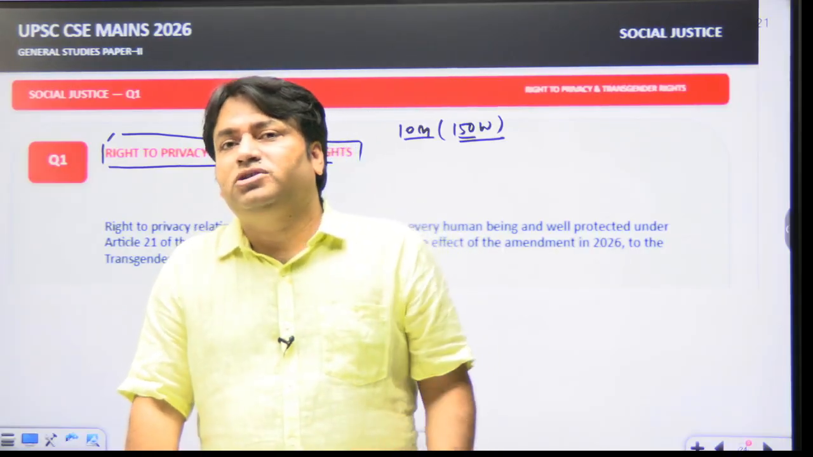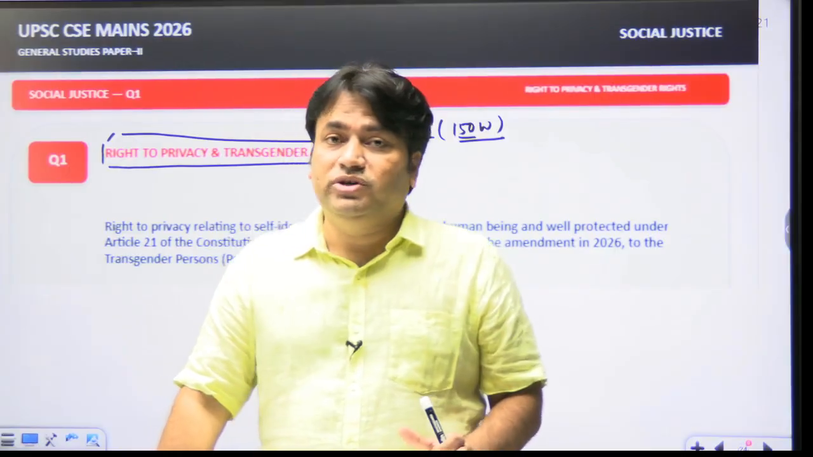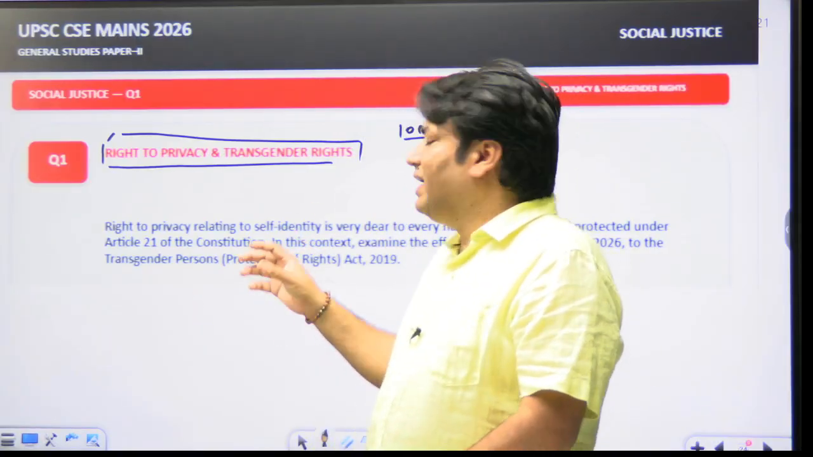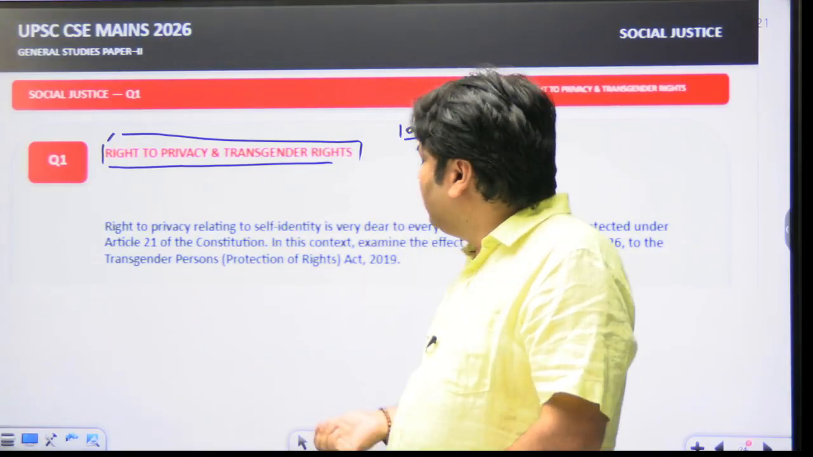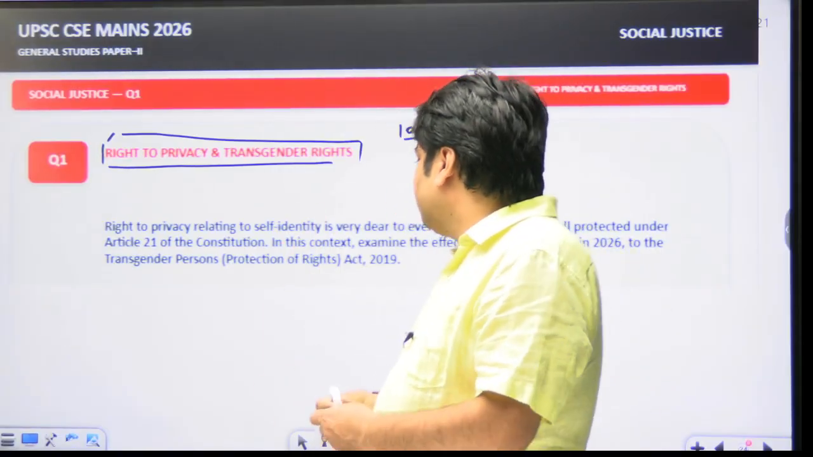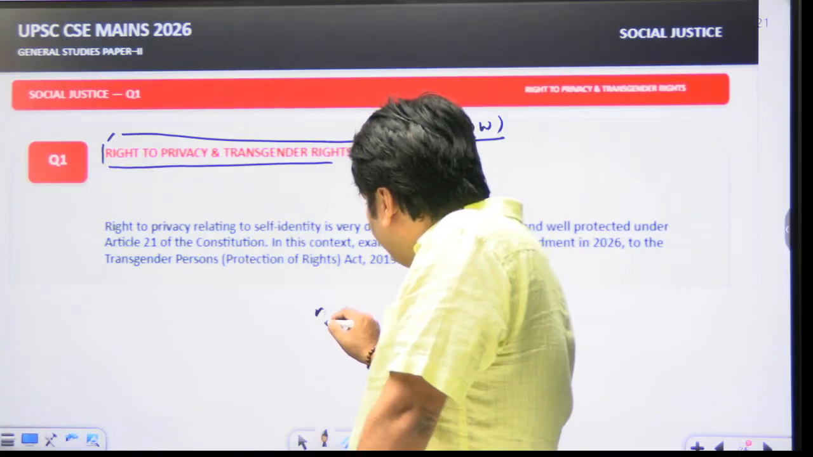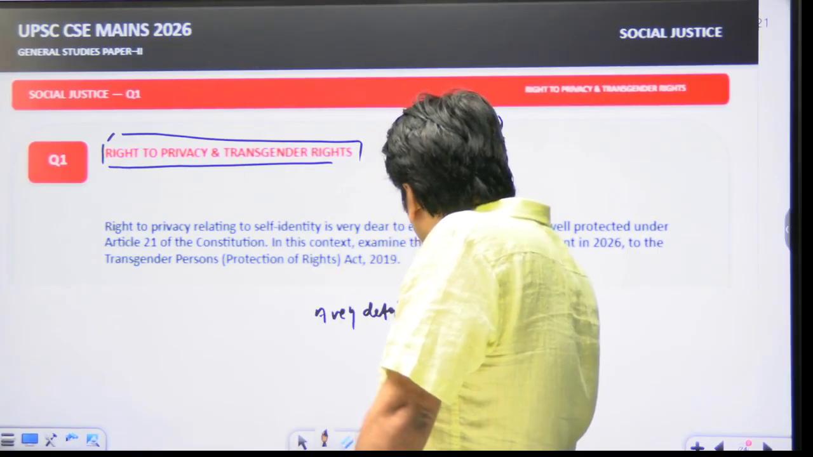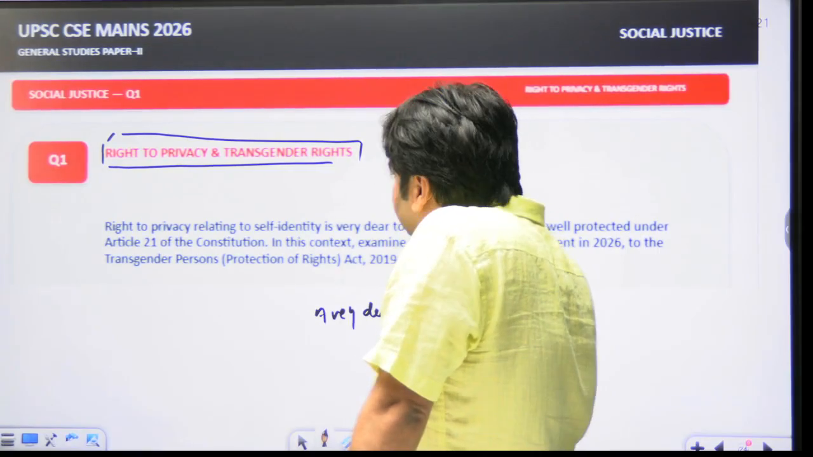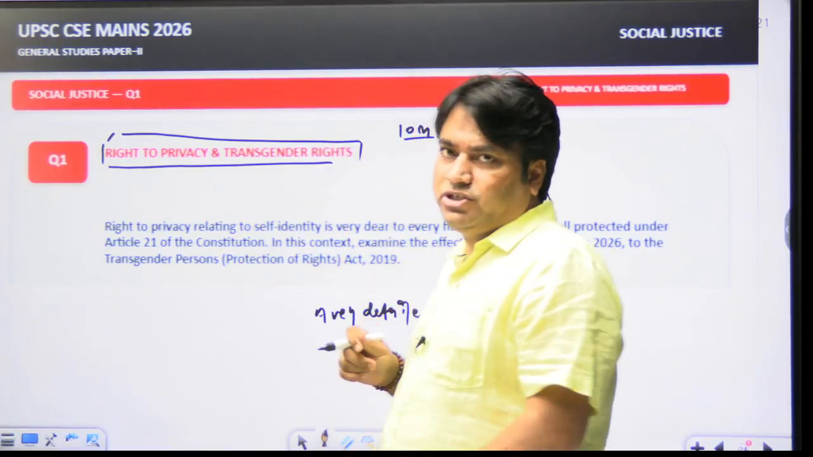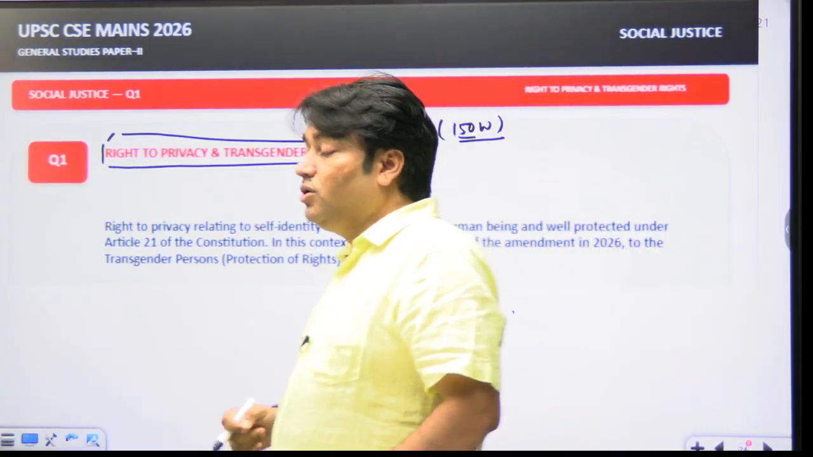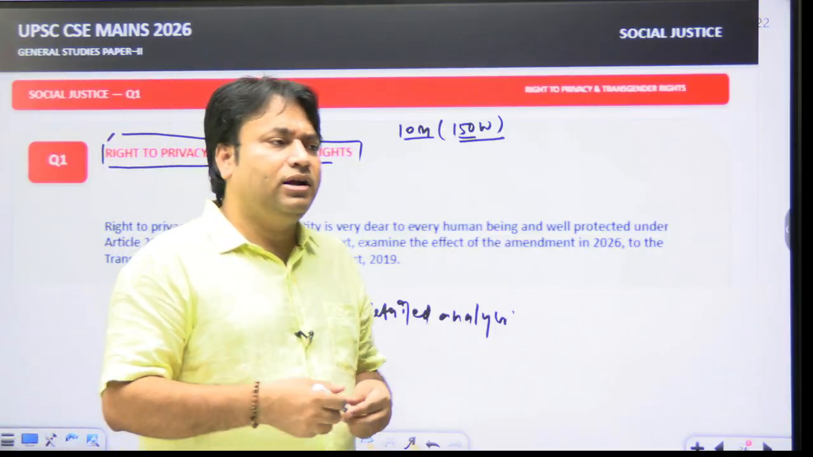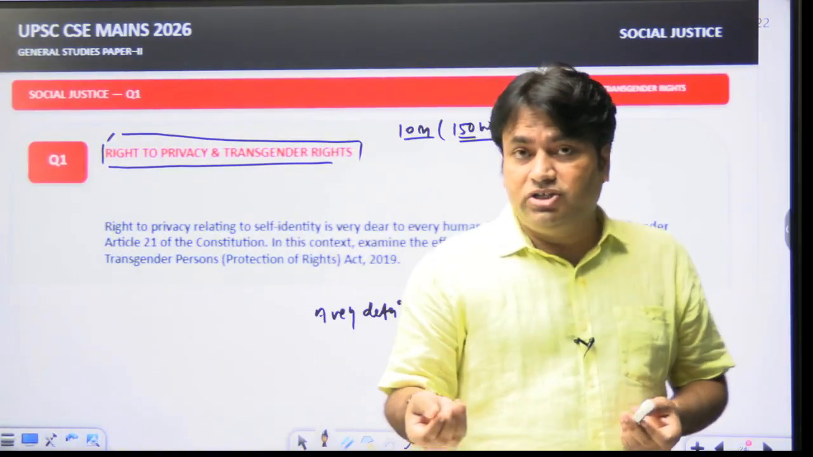Now what is this question asking? Again, while reading questions, you will have to be very cautious. And what I will do here while discussing the answer of this question, first I will do a very detailed analysis of the themes that have been asked in this question. And why I will do that? Because if this theme is repeated again in the exam, and there are greater chances of repetition,